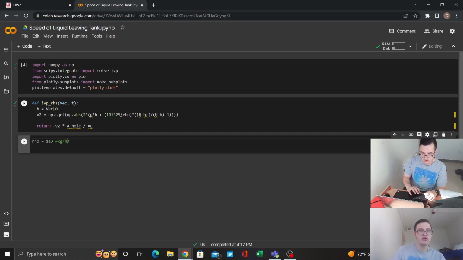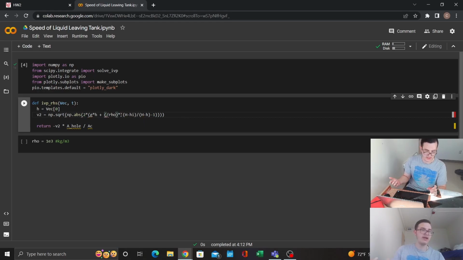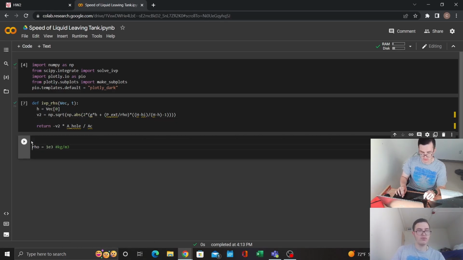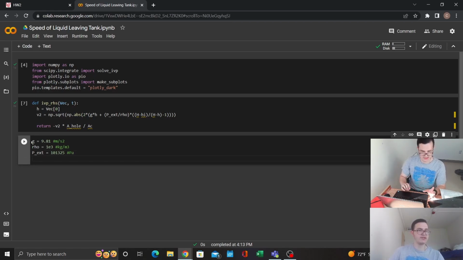And actually, just in case any of the pressures are changed, we'll make this the external pressure there. So rho, let's actually start with the gravitational constant. g equals 9.81 meters per second squared. Let's do the external pressure equals 101,325 pascals, and I'm making comments of these just for units,